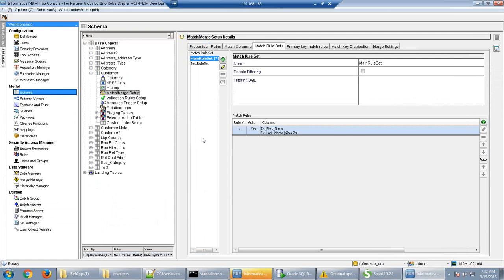Like we will have only one rule set. In real time, as I told, we will have only one rule set. In one rule set only, I will have all the rules. Whatever number of rules you have, 5 rules or 10 rules, everything will be here itself in the main rule set only. This one I will create because I want to do some testing.